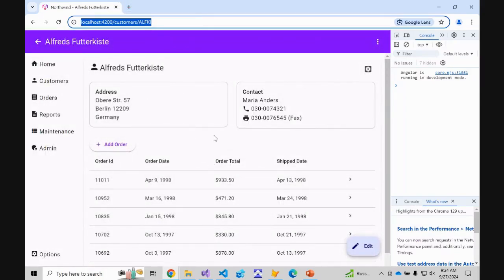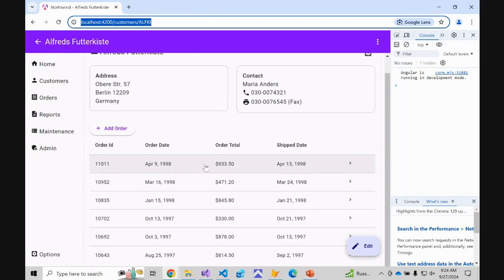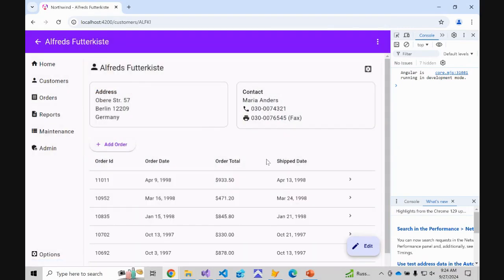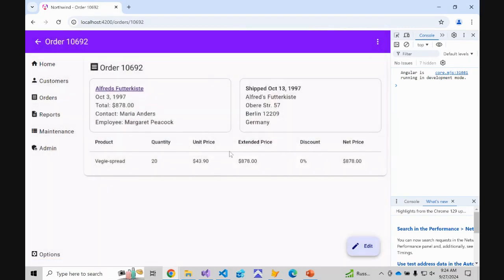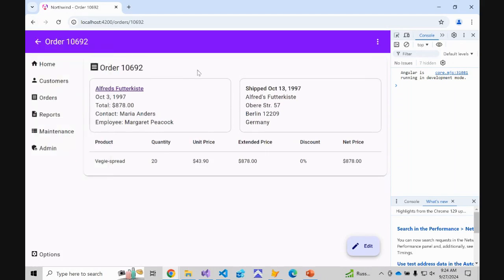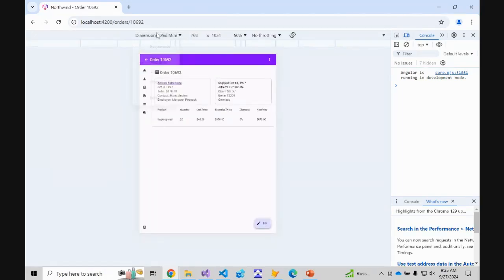So I'm here on my details page, and I've got my orders here. I can click on one of those orders to take me to that order. And then I can go back to the customer by clicking on the customer link. And then I can look at a different order. All those clicks are now in the browser history. So let's say at this point I want to go back to the customer's page or one of these other pages. Well, on desktop and tablet, this is always visible. So no problem there. But on phone,